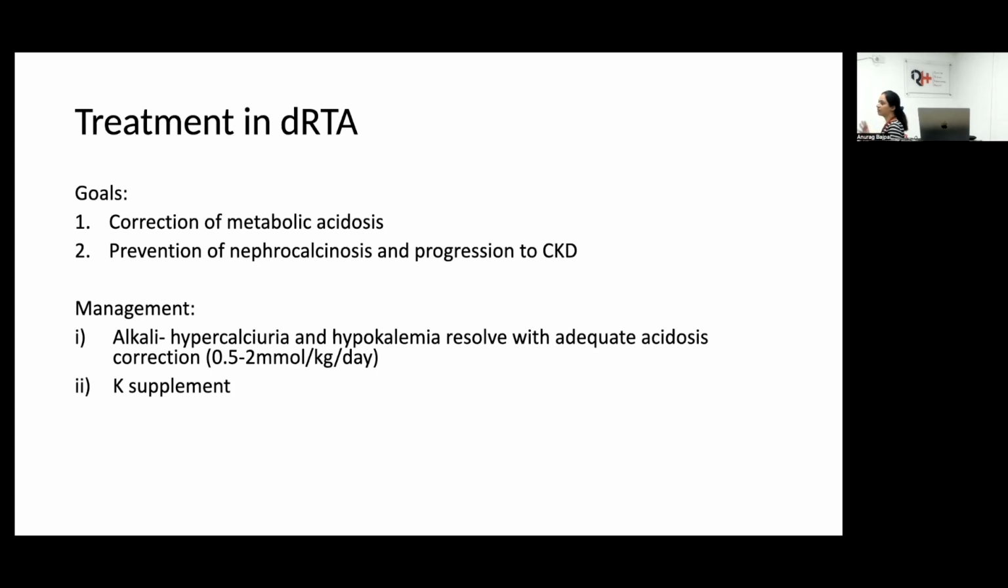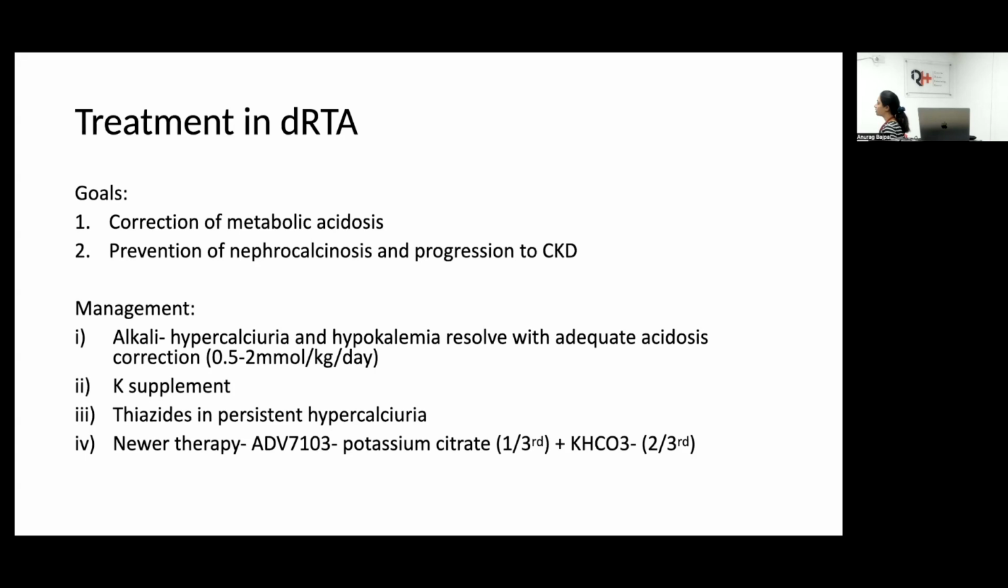So they've lost their intracellular stores to maintain an ECF level. Thiazides may be required in children with persistent hypercalciuria to prevent progression of nephrocalcinosis. A newer therapy that is coming up is ADD 7103, which is a prolonged-acting granular formulation of potassium citrate